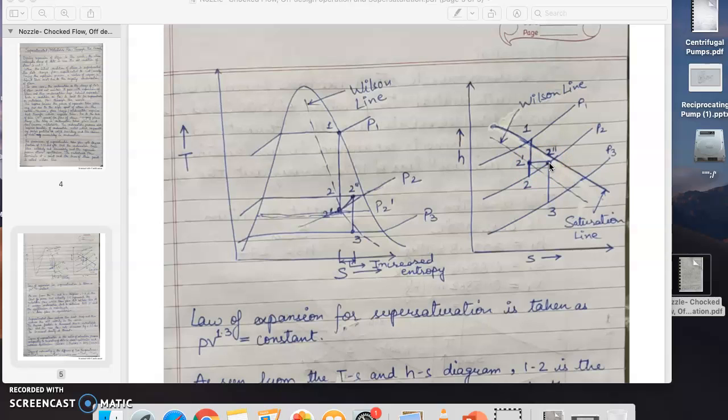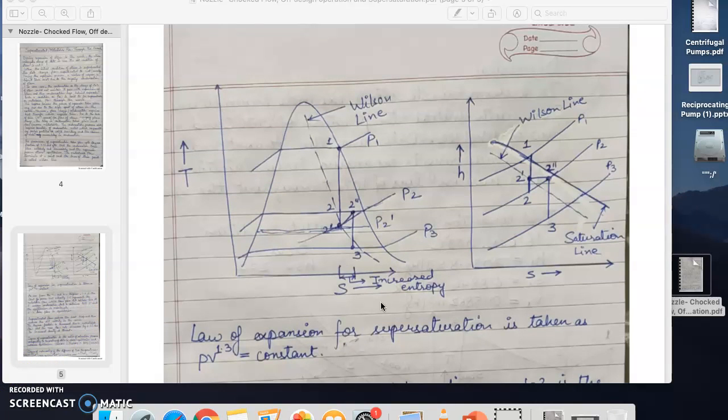What kind of equilibrium? Equilibrium is where the expansion undergoes along with the required condensation. So at this point, the condensation suddenly happens, and then from this point to the rest of the process, the equilibrium is maintained. But the flow in this region is said to be metastable or supersaturated flow till the Wilson's line. Now, from the supersaturated flow, we can see that the process would have been 1, 2, the 3 would have been here. And the actual condition is due to the supersaturated flow.